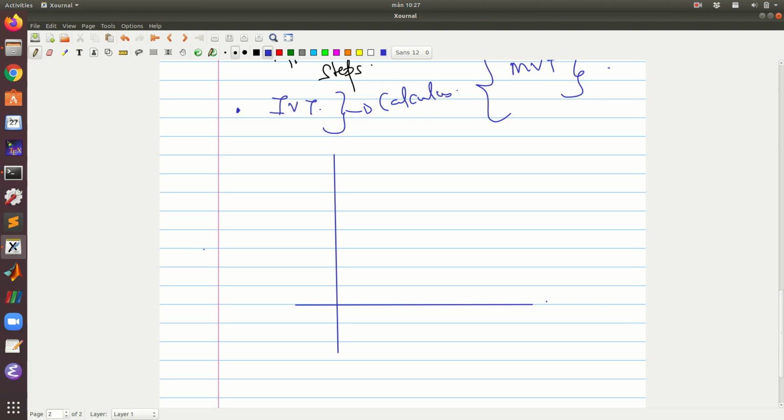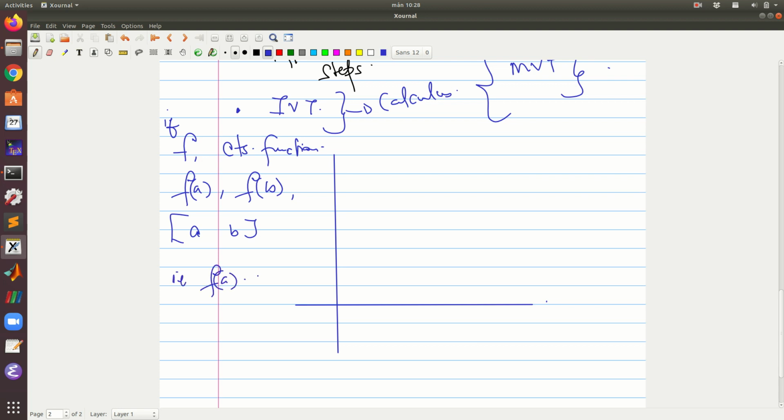So the IVT says that if f is a continuous function, that is a condition we start with, and we have f(a) and f(b), where a and b are the interval on which we want to find whether the root exists, and f(a) and f(b) are of different signs,